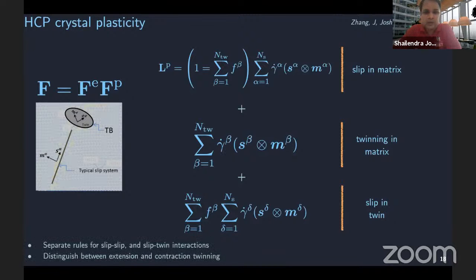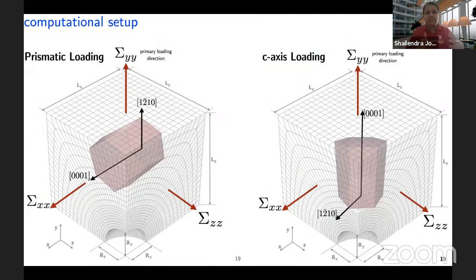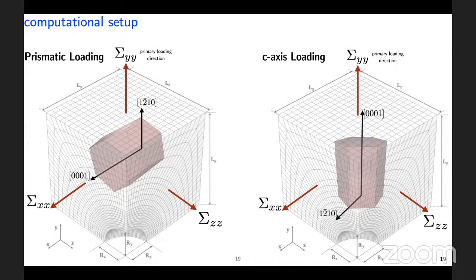And to answer the question of how we do it, we construct unit cells. We assume that there is a cell in which we have a void residing, and we apply fully periodic boundary conditions to the faces of the cell so that we can account for other voids in its vicinity that are also regularly spaced, so that we can account for inter-void interaction. And then we apply the desired loading state. In this case, we are applying purely tensile loading states, three-dimensional tensile loading states. Good, thank you.